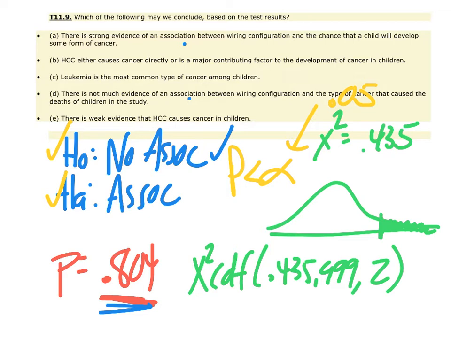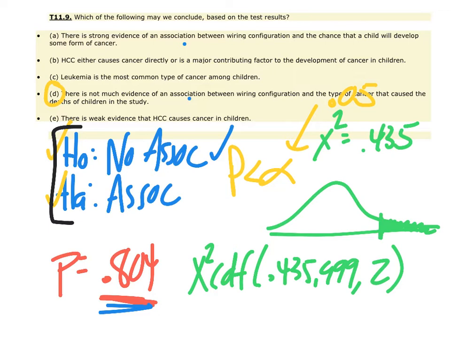So we cannot conclude that there is an association between this. The answer here that is going to reflect that is going to be letter D, which says there is not much evidence of an association between wiring configuration and the type of cancer in this study. Again, my recommendation for this is they don't ever ask it. I always write down what I think the hypothesis would be,